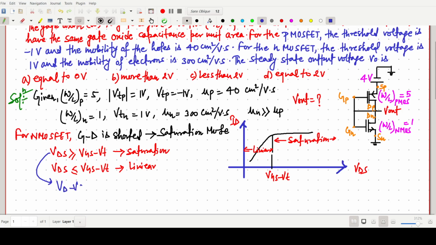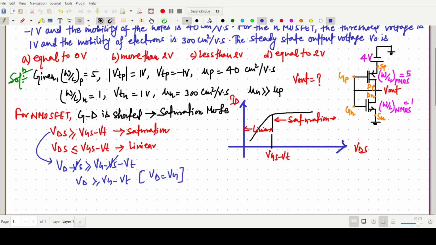So VD minus VS, we can write VG minus VS minus VT. The source is the same, so VD is greater than VG minus VT. In our question, VD equals VG because both are shorted. So this VD will always be greater than VG minus VT. So it is always in saturation when gate and drain are shorted. When gate and drain are shorted, one we have identified, so similarly the other one is also